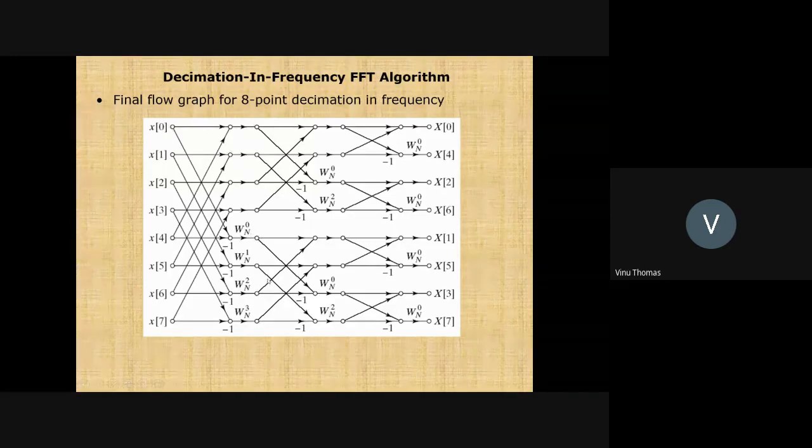So yes, at this stage, when you reach here, you will require 8 memory locations. Compute all these, then you can also do this with 8 memory locations. And finally, up to the last stage, you will require N memory locations. Of course, you will require intermediate registers, so within the digital signal processor, you can use some temporary registers to hold intermediate results, but you will require only 8 memory locations. So only 8 memory locations are required to compute the 8-point decimation in frequency FFT algorithm.